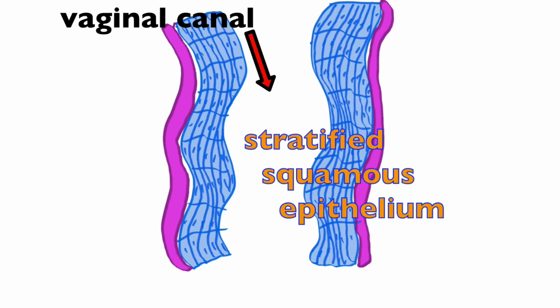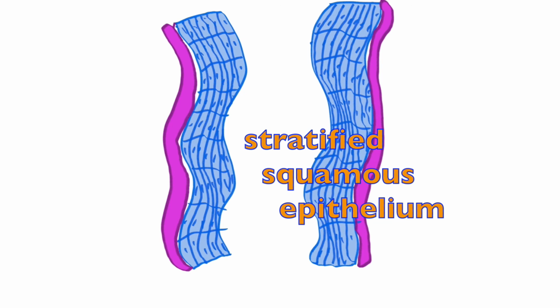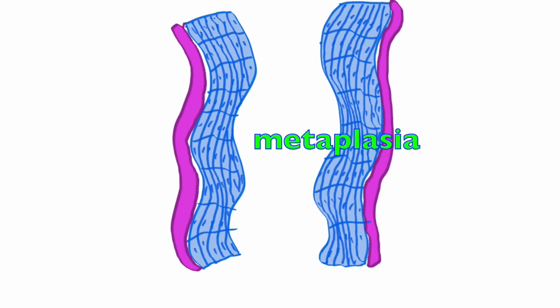I'm throwing a lot of terms in here with respect to epithelial tissue. We will talk about epithelial tissue in detail, but the development of the vaginal lining from simple cuboidal epithelial tissue to stratified squamous epithelial tissue is what is known as